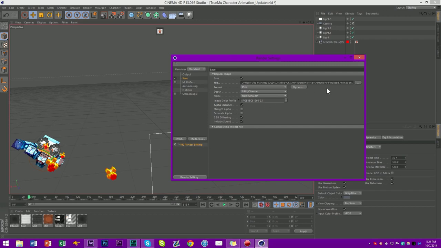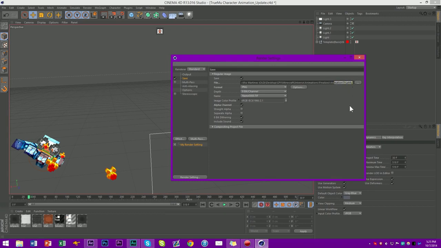You're going to want to find your save location. This is the save location for me. It's just a really long path, and that's where it'll save to. Just click this right here and select the place to save to. Make sure you save in a folder of itself, because it's going to spit out hundreds and hundreds of image files to the location that you specify. So you don't want to select your desktop, because it's just going to clutter your desktop with hundreds of images. Of course, depending on how long your animation is, but it will spit out a ton of images